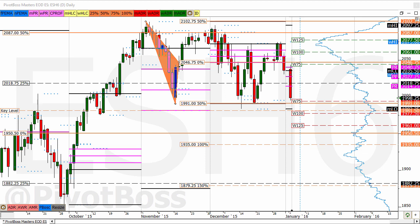We're going to take a look at the ES here in a daily time frame to begin things. What we're going to be looking for to begin the month is this key range right here, 1991 to 2102.75. We have a midpoint at 2046.75. That's the impulse range that began in early November and has continued to trade and develop within that range. And so far, bears have taken over here, defended the midpoint of that range, and so far in pre-market trading,